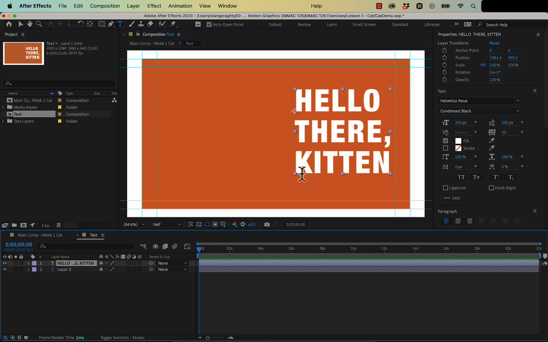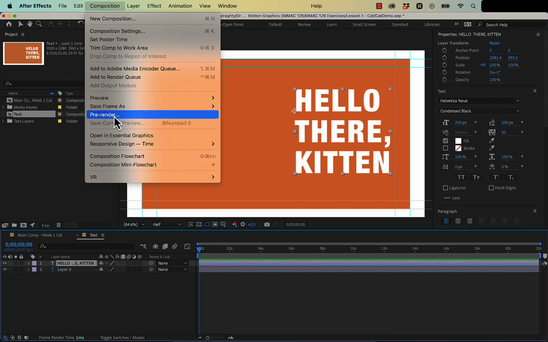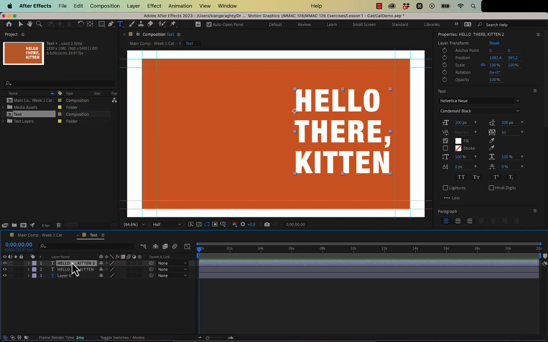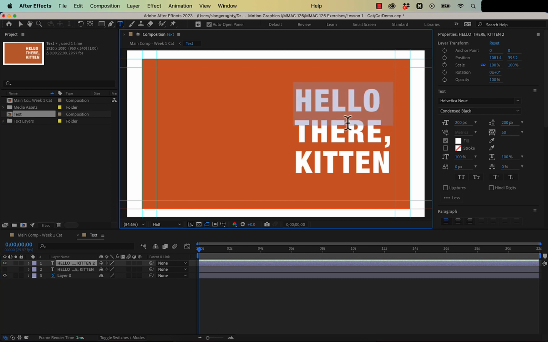All right, so this text layer we're going to keep. We're going to duplicate it so that we can edit the next group of text, which is going to be "my name is." So I'm going to go to Edit and Duplicate, or you can see the shortcut for that is Command D. All right, and I'm actually going to turn off the visibility of this Hello Kitten layer by turning off this eyeball. All right, so now I can work on this top layer, and I'm going to hit caps lock